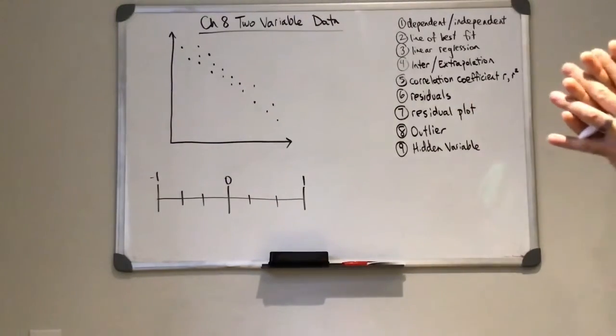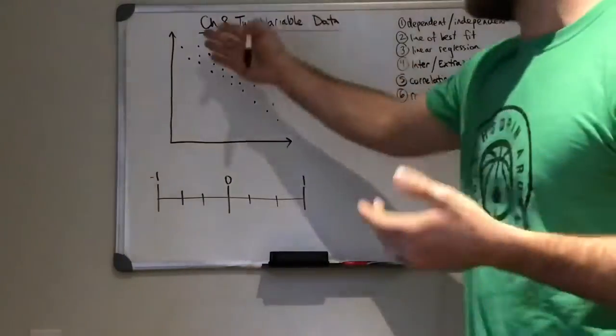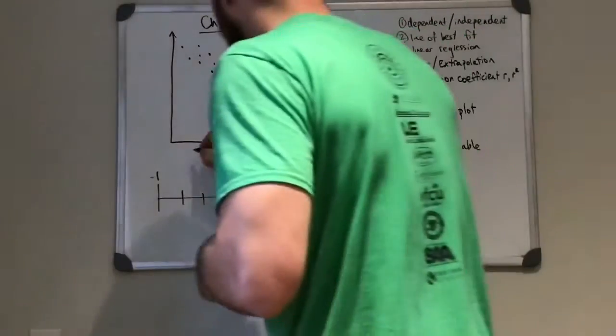Chapter 8. So this is comparing two variable data. This is gonna tie back way back into grade 9, where probably a bunch of you had Miss Mariani, and you're learning about scatter plots. So there's a few things about scatter plots. This is the one that has a bunch of dots on it. We always place our independent